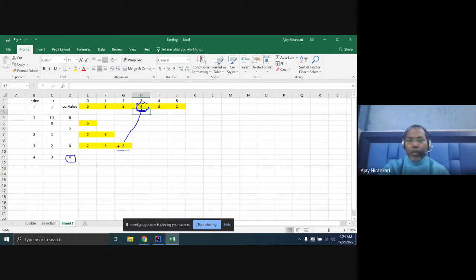Then what do you do? You have to shift this to here. Again, you check 4 with the 6. 6 is greater than, you have to shift to here. Again, you check 4 with the 2. No, it is the greater than. So this is the proper place for 4, right? So you have to put here, just replace 8 to here and 6 to here. Here you don't do anything. This is the proper place for 4. You have to place 4 here.